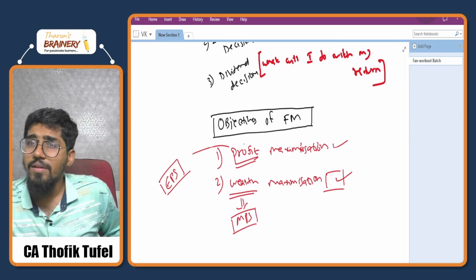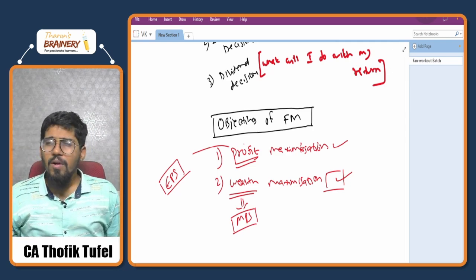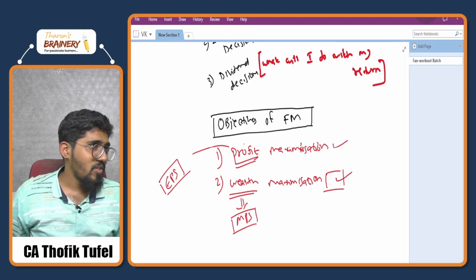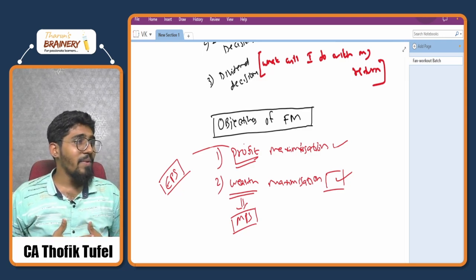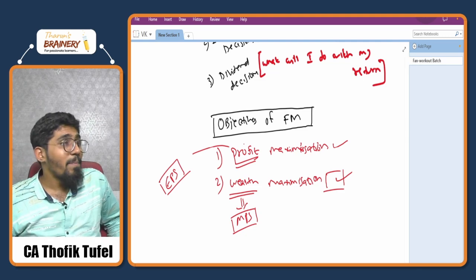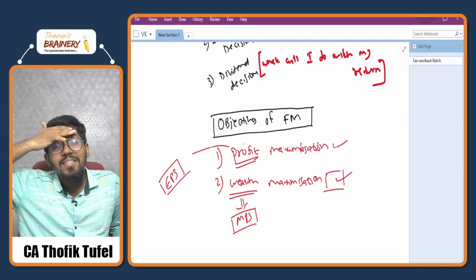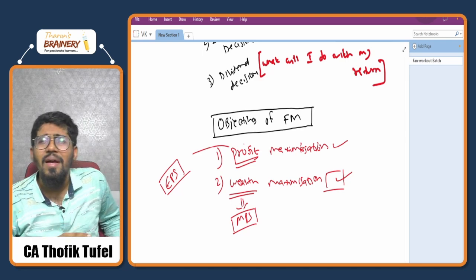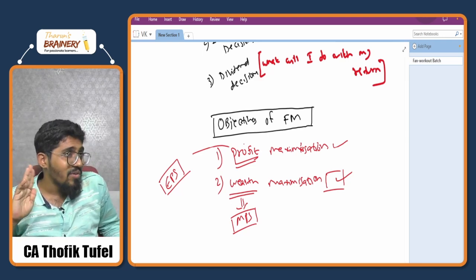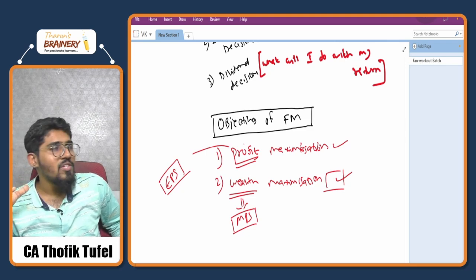This is what I used to say. Make study interesting, make study more enjoyable. Don't take it as a pressure. That is my advice. Don't think, sir, we are studying this much, it is a pressure for me, I'm not able to handle this pressure, my head is aching. These kind of things, that too at this age. At any age for that matter, you should never have that tension.